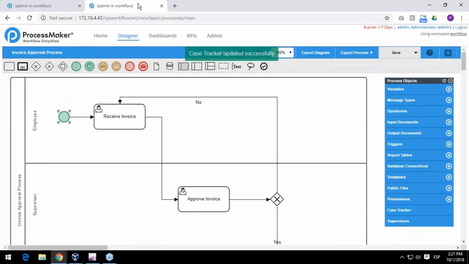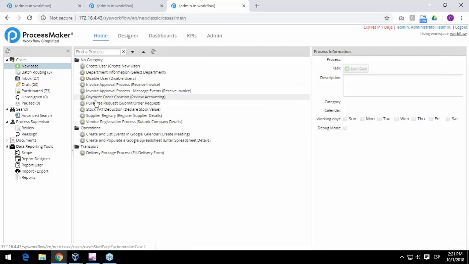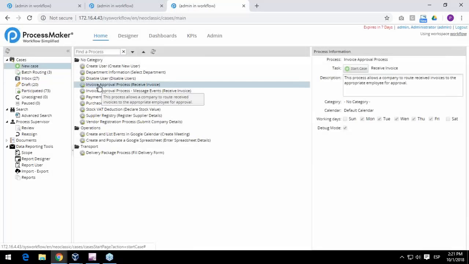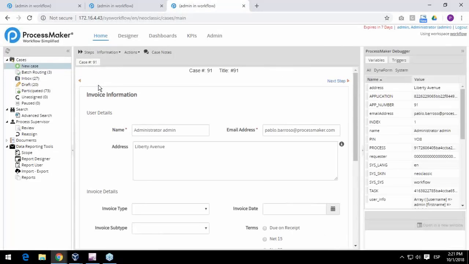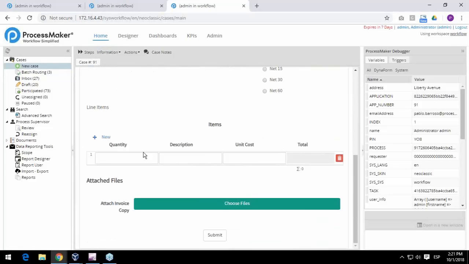Notice something. If I use all of this, I'm going to save it. Okay. I'm going to run a case. I'm going to enter to new. Then I'm going to move to invoice process, receive invoice. Okay. Well, I'm going to fill in as it is. Then you have this. Then I'm going to submit. Now in the case tracker,